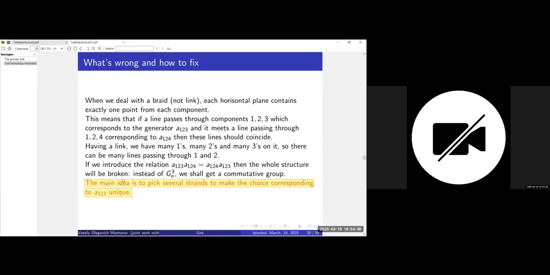And how to pick? Well, we can take all possibilities and then sum over all possibilities. So you see, if we have three green strands and three red strands, we can choose one red one and one green one. Plus, we have, for example, one blue one. So we can choose them.